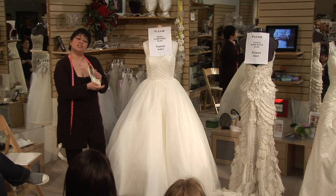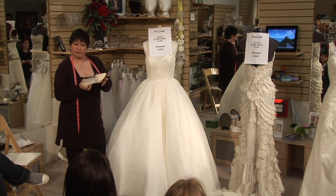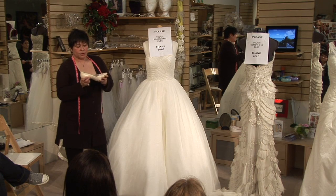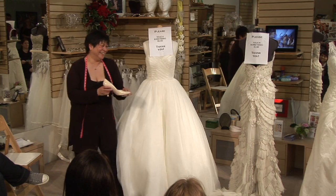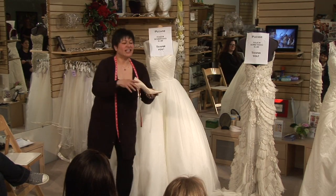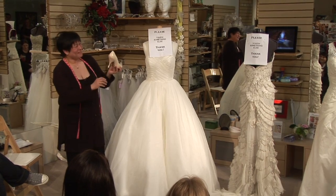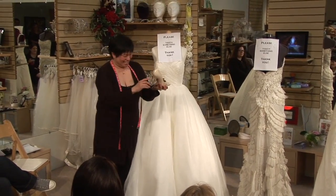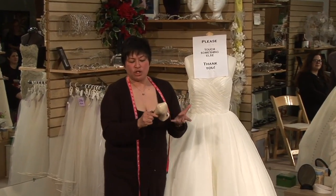So these are the kinds of things that you have to consider, making sure that the shoe is also comfortable, because some girls say, I don't wear heels anymore. I just don't, because I'm old. So, I'm Asian, I know I look young. So then, if you normally wear like a 2.5-inch heel, don't stray too far from that,